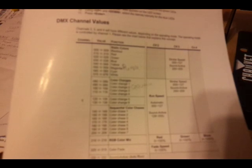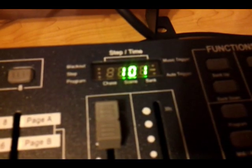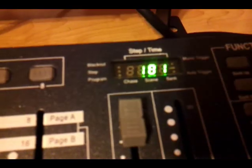You can't see it, but those numbers represent this here. And this here gives you an idea. Right here it says value. These are the values. Okay. Value 0, value 220, I'm sorry, value 210 through 219. If you put it on that,